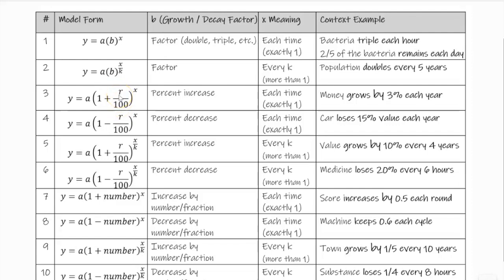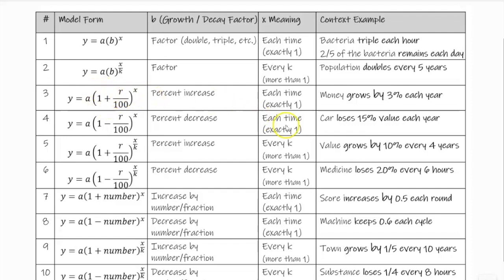R means your rate. My rate is usually my percent rate. So if you see percent in the question, you must always divide by 100. The fact that I'm dividing by 100 means I will see percent in the question. Over here you see percent, percent, percent, percent, because I'm dividing by 100. Now, what determines whether it's 1 plus or 1 minus is the keywords that say something like it increases by,